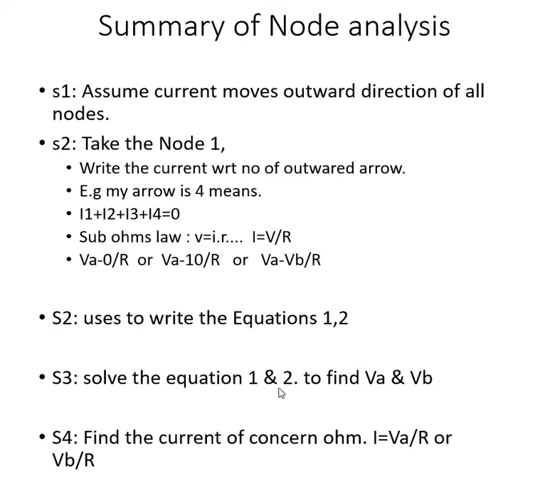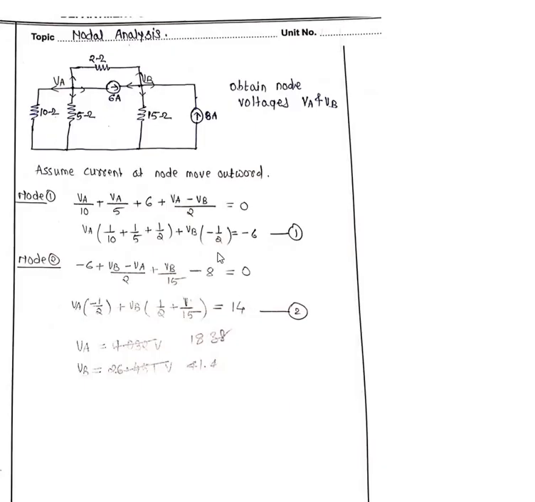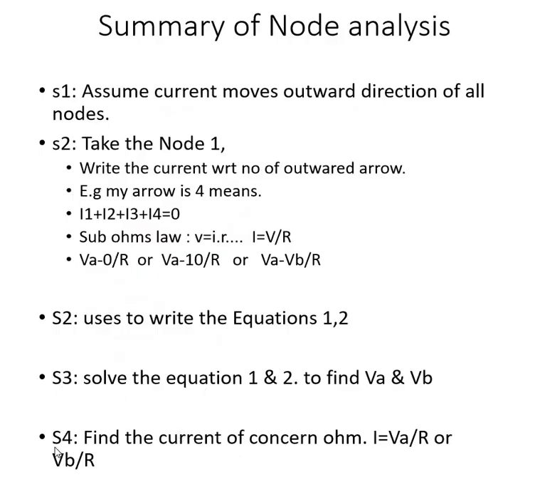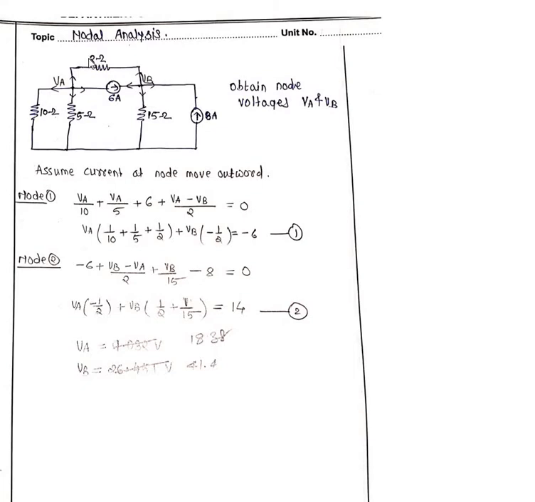Okay, step number 3. So solve equations 1 and 2. Where is equation number 1? This is equation number 1 and equation number 2. You are going to solve. Then what are you going to get? VA value and VB value you are going to get. That's all. So this is step number 3. Then step number 4, find the current of the concerned ohm. Suppose they are asking what is the current flowing at this point. So this one you are going to find out. If they are asking what is the current flow on this one,